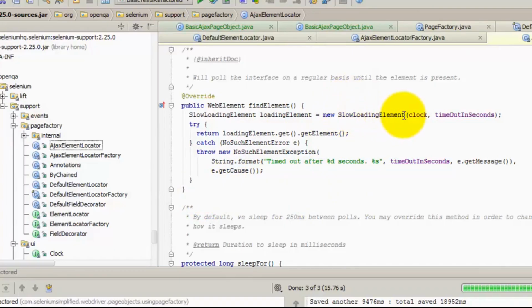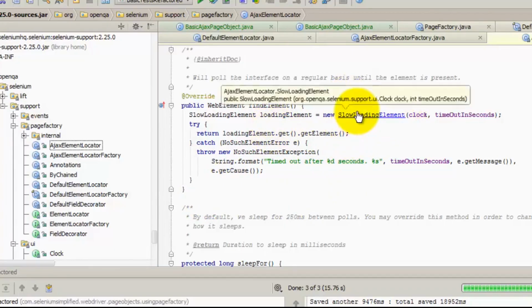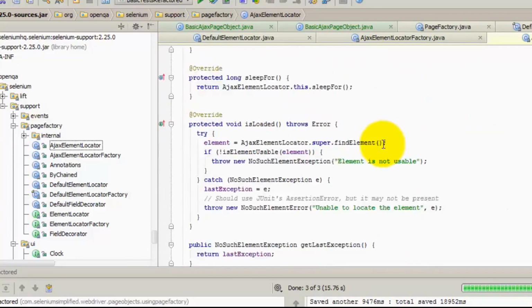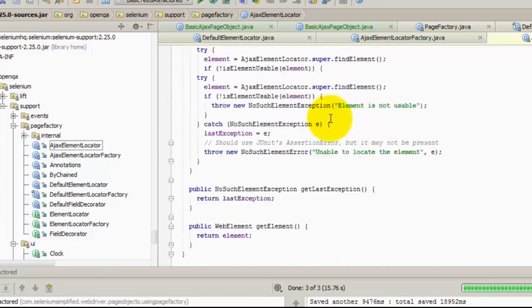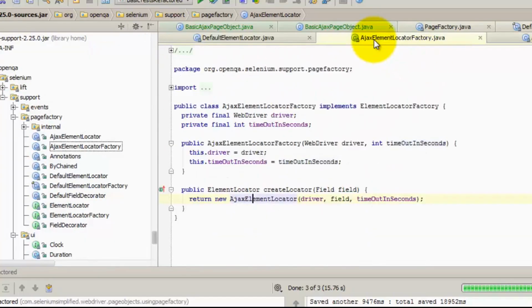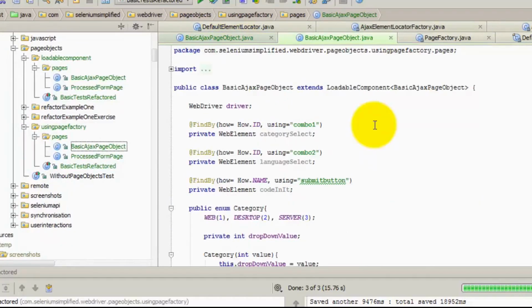We've got a slow loading element here, which, if we have a look through this, says, is it loaded? If not, loop around and try and find it again. So if we're using something where it's an Ajax, sometimes we would have to do waits in place in order to find it. Using an Ajax element locator factory allows you to build up page objects like this very simply,